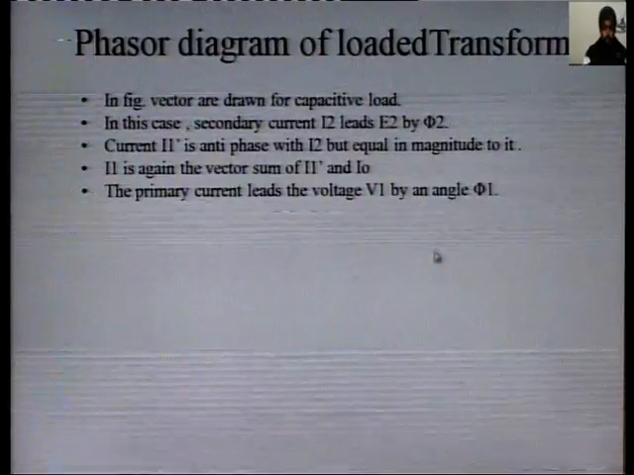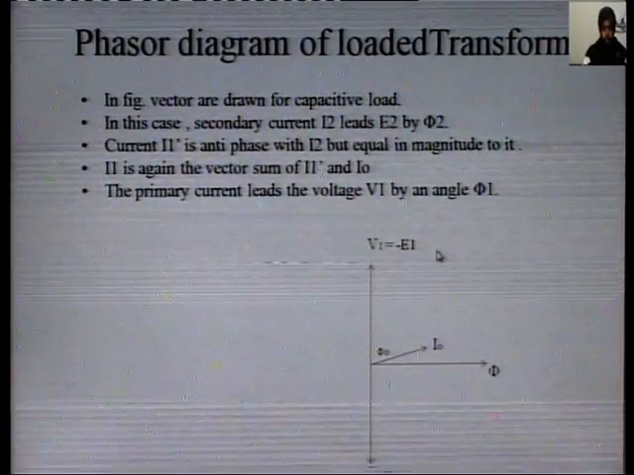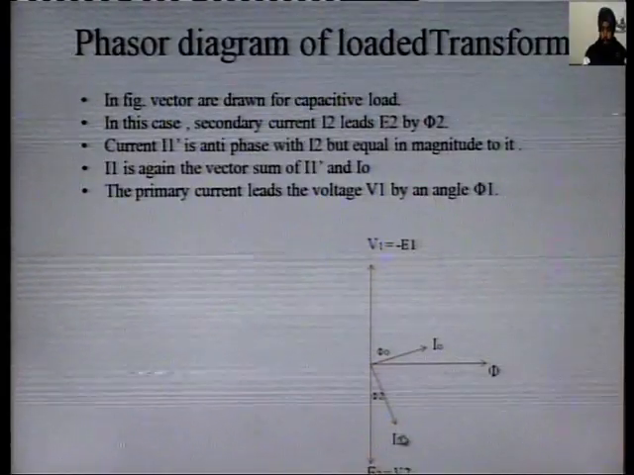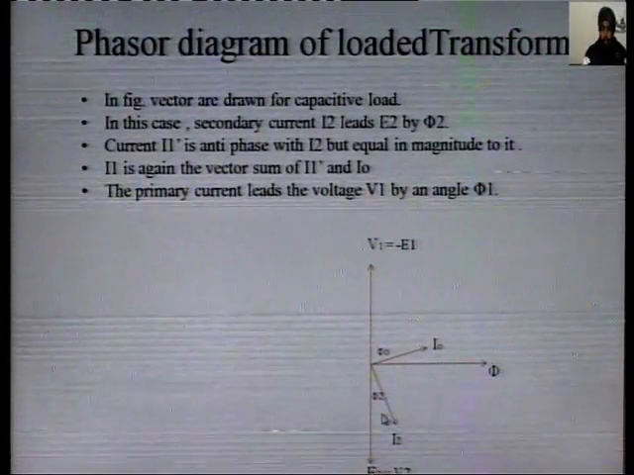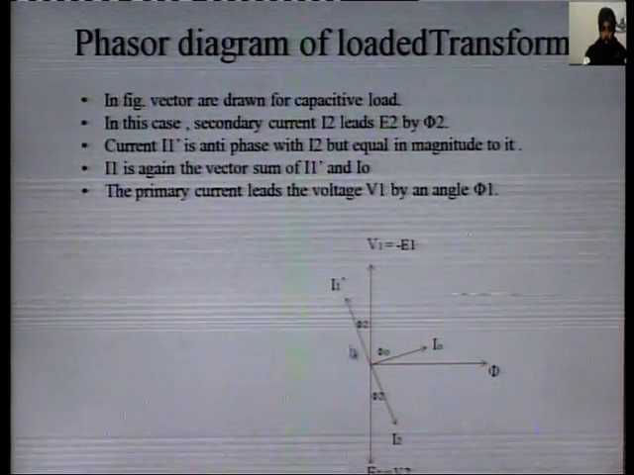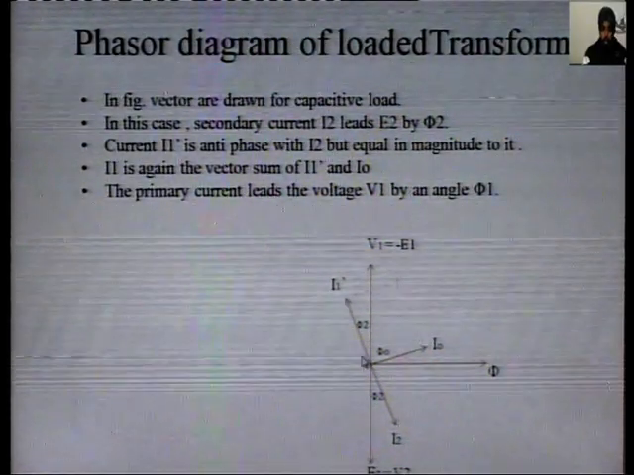So in case we use a capacitive load, then the current I2 leads the voltage by an angle phi 2, and I1 dash is in anti-phase with I2, and the resulting